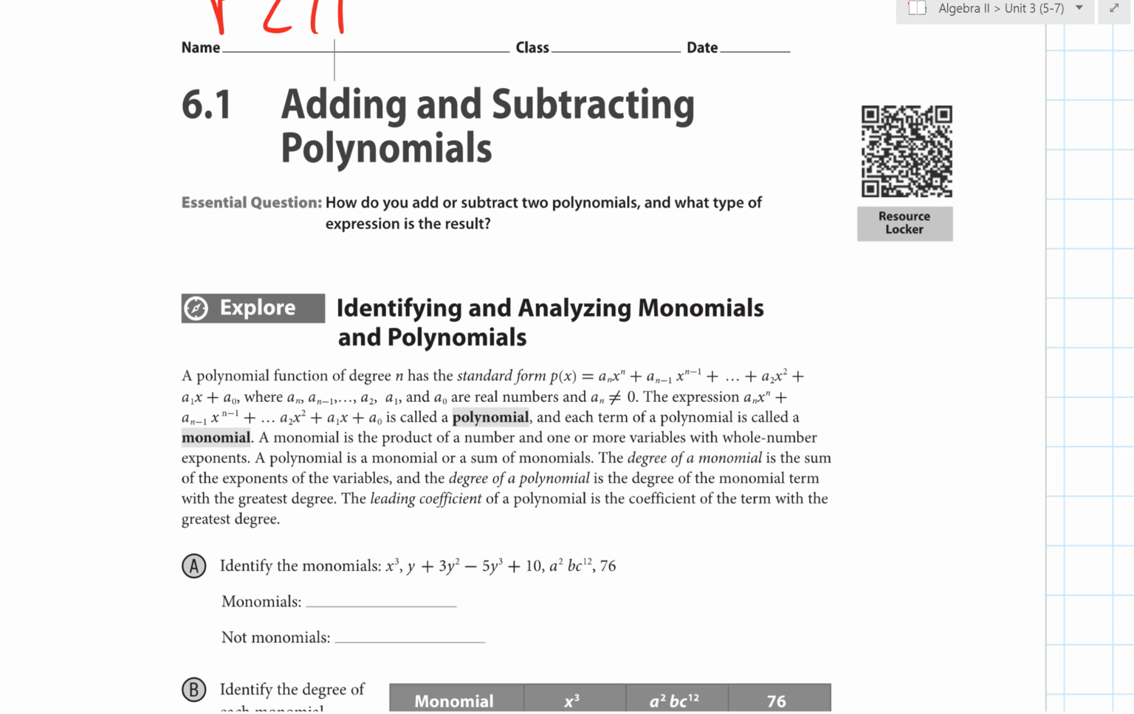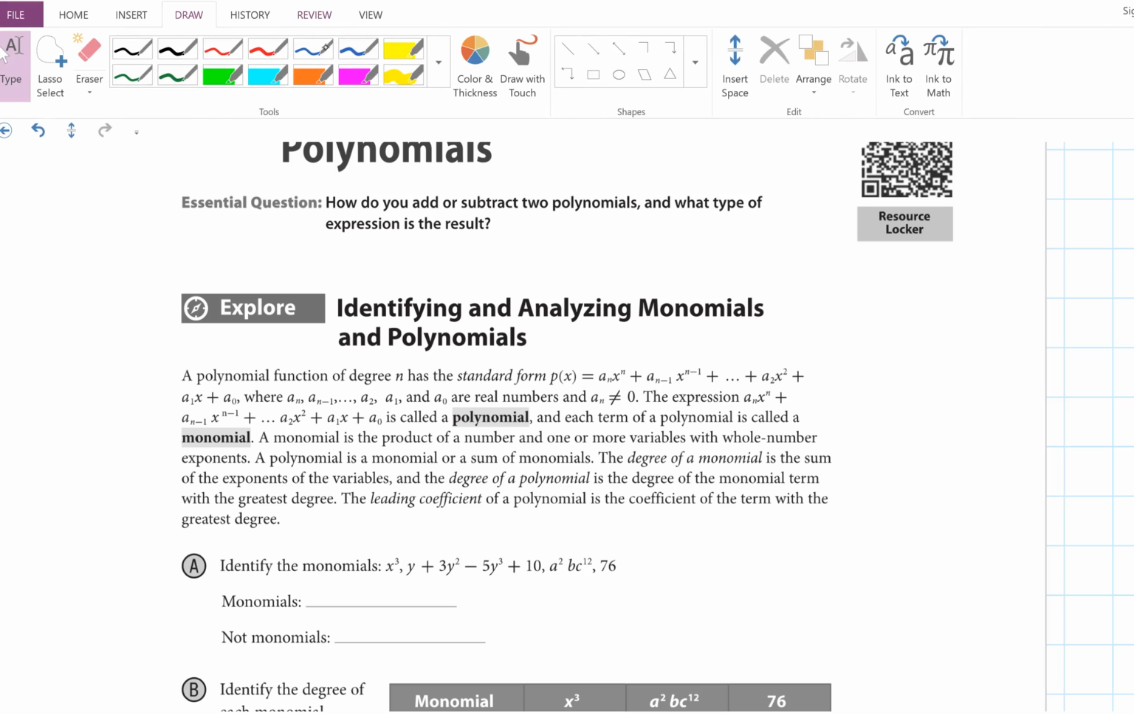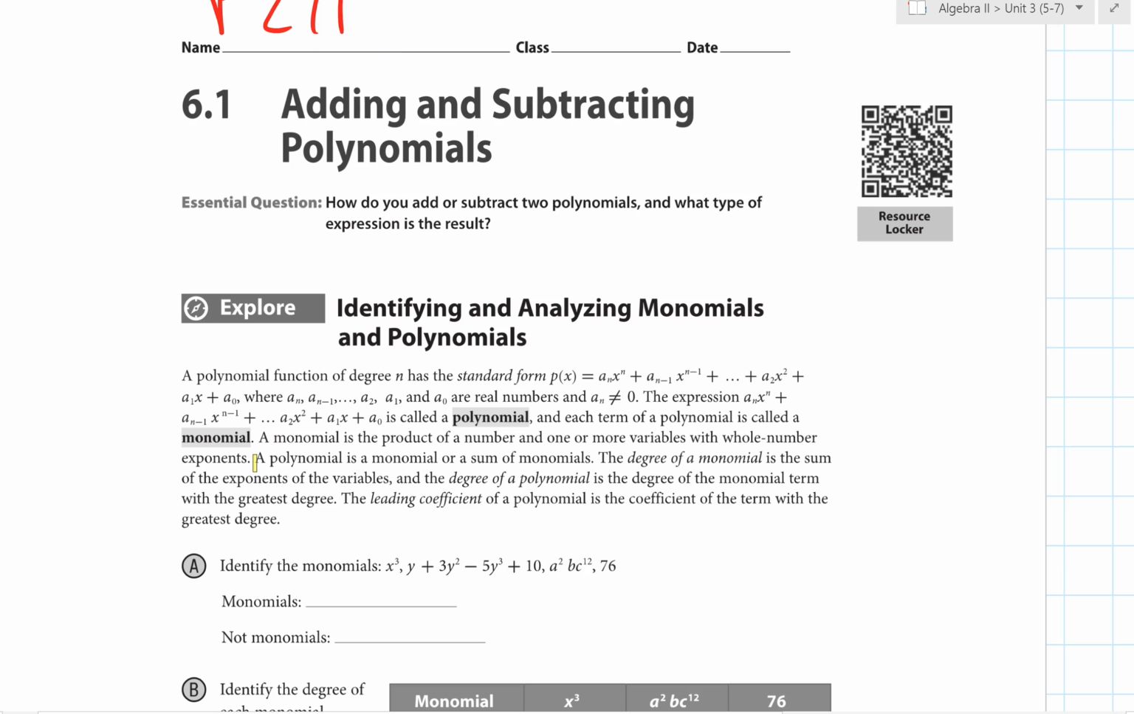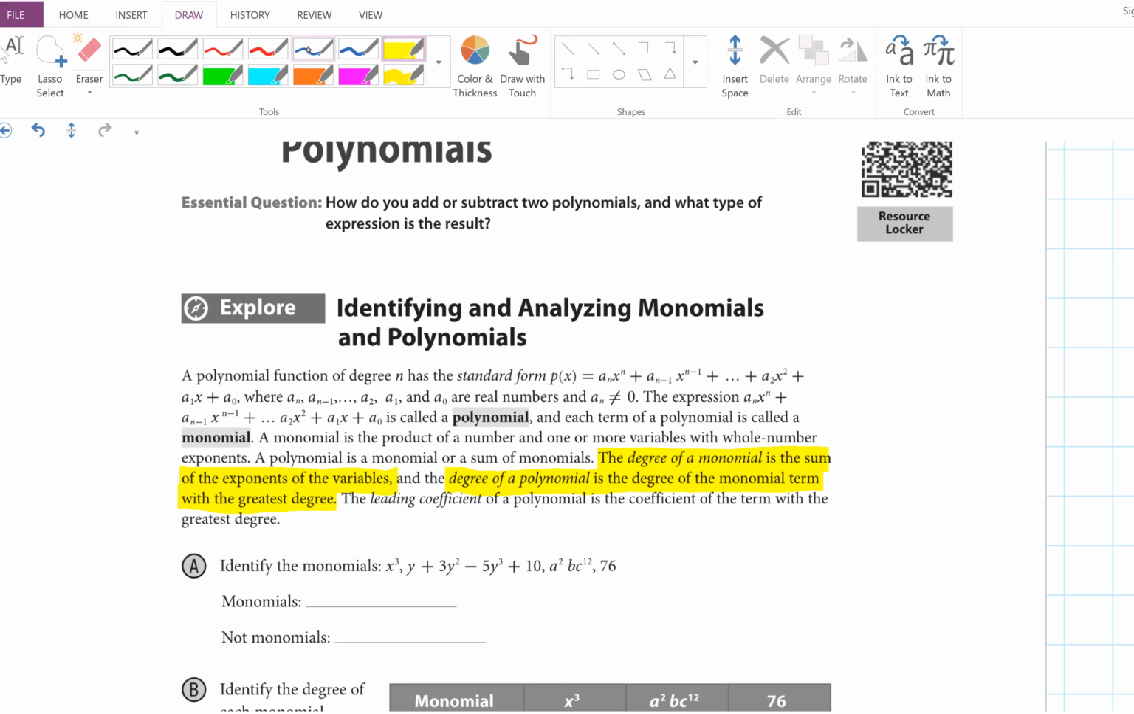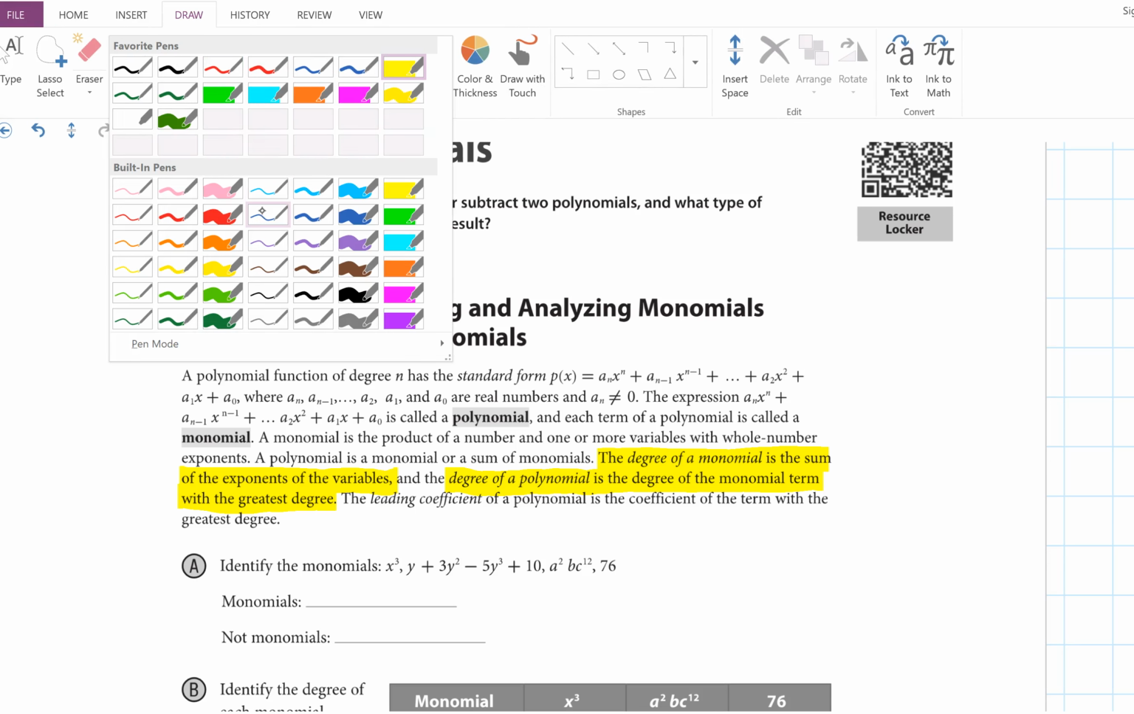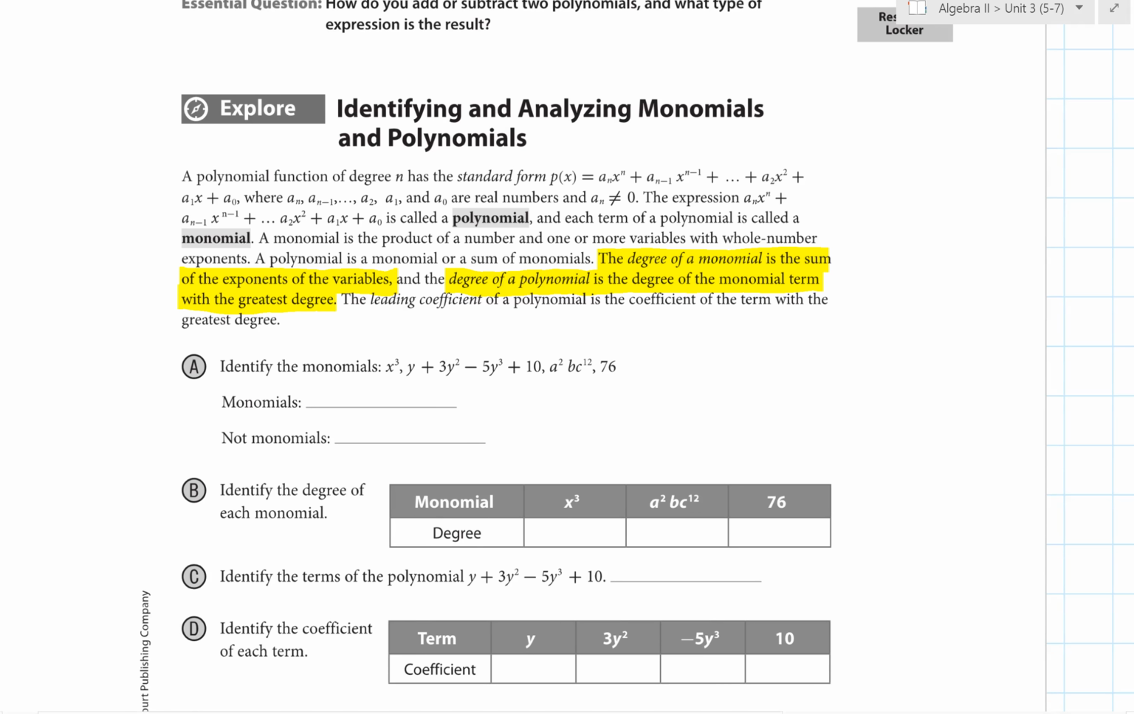And so, as it says in the reading here, the degree of a monomial is the sum of the exponents of the variables. And the degree of the polynomial is the degree of the monomial term with the greatest degree. And so we talked about that a little bit last time with the degree of the polynomials. And so, for example,